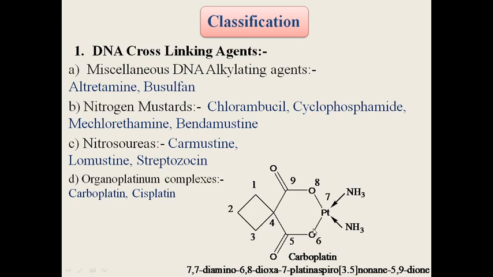Look at here, at 6 there is one oxygen atom attached or inbuilt. At position 8 there is oxygen. At position number 7 platinum, it is a spiro compound, and here it is written 3 5. The number 3 is written first and 5 is second, because this naming comes in ascending order. First we must write the number of atoms which is lesser, and then in second we will write the number of atoms which is more.